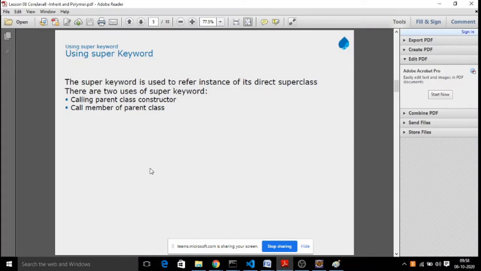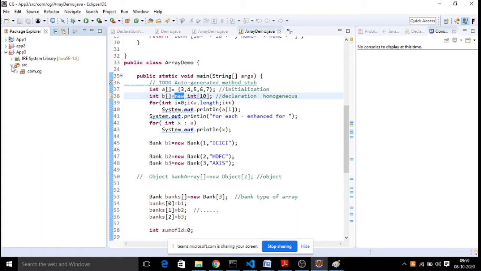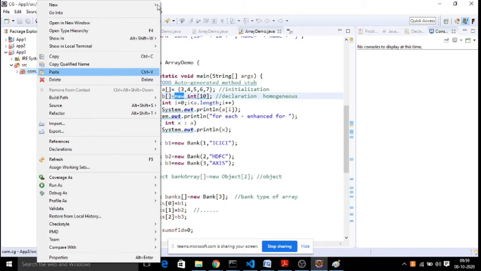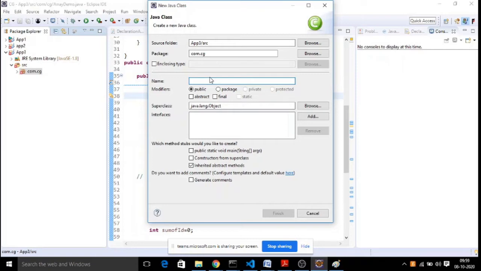And here we are going to make use of certain keywords, certain syntax with the inheritance concept. So how do we achieve that programmatically? Now we will see with a simple example. First I am going to create a class called loan.